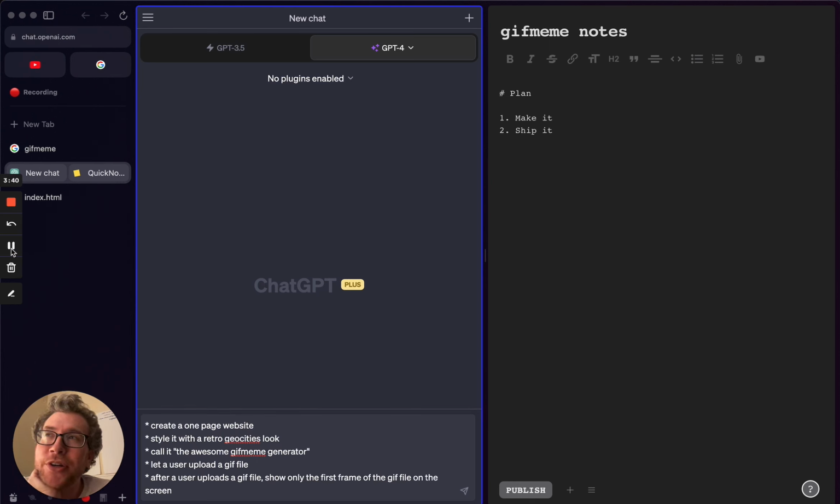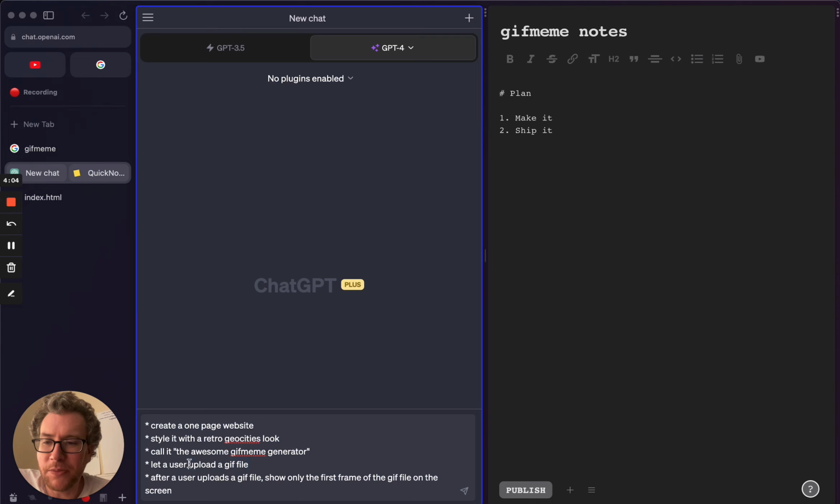I'm also wondering if I should build the features that I want now. Like I want to put some text on the bottom like a meme. But do I say that now or later? If I say it now, it might get tripped up and I might have to do more work. If I do it later, it might struggle a little bit putting things in, and it might take some more back and forth. I think I'm going to do it later because I want to focus on this GIF file problem and see if it's even possible.